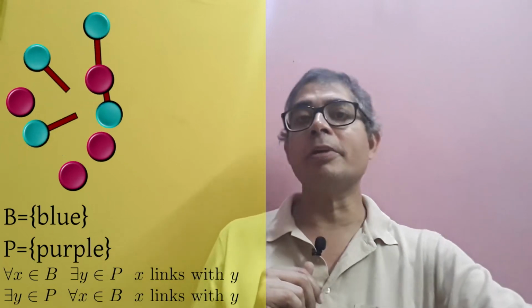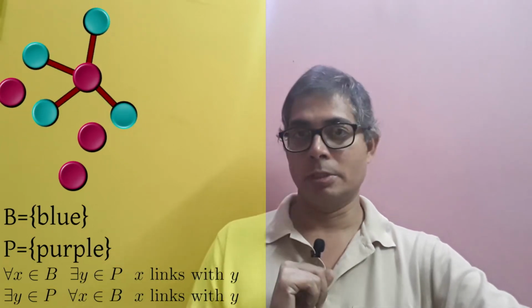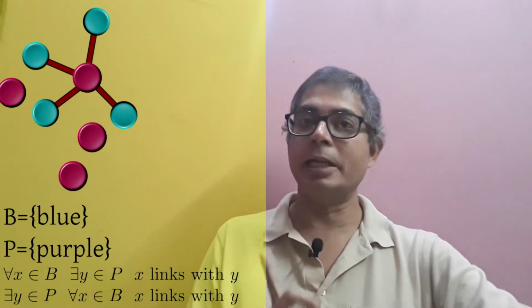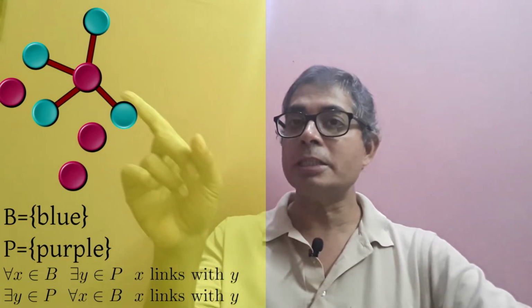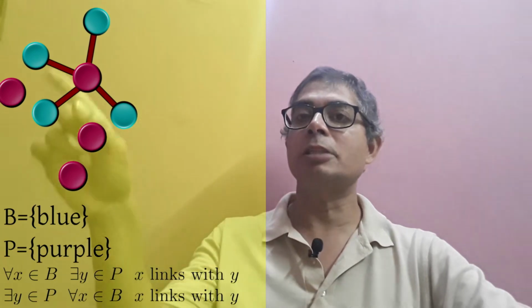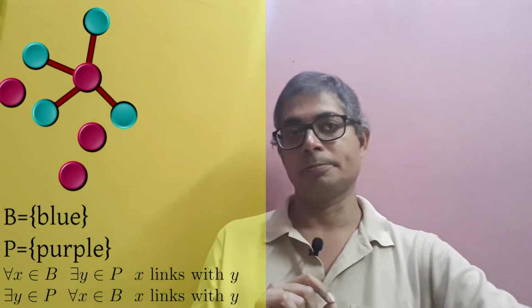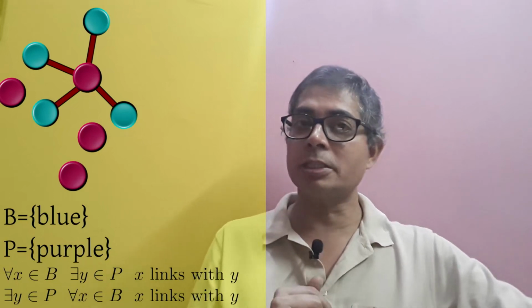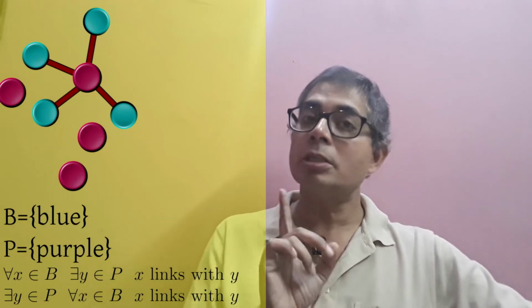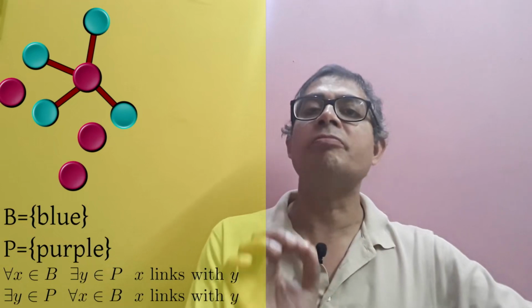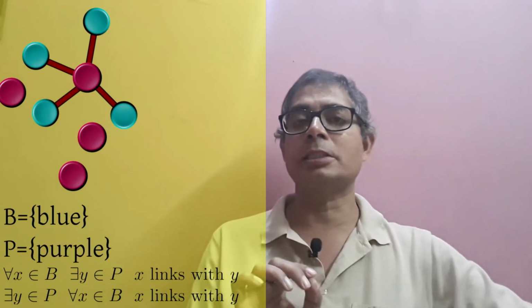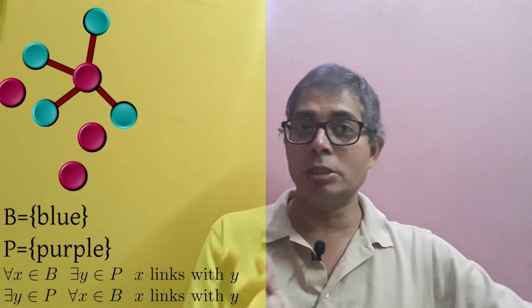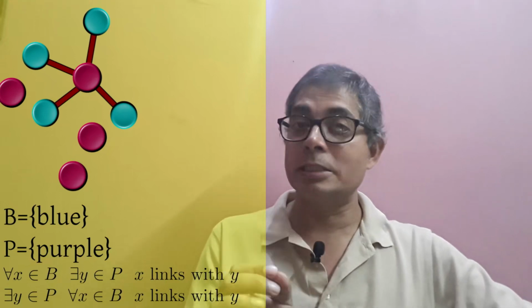But had the configuration been like this, then even this sentence would have been correct because here is a purple disk that is connected with all the blue disks. Is the original sentence still true in this new configuration? Of course, because there we only cared about finding some purple disk for each blue disk. We did not care if the purples were distinct or not.